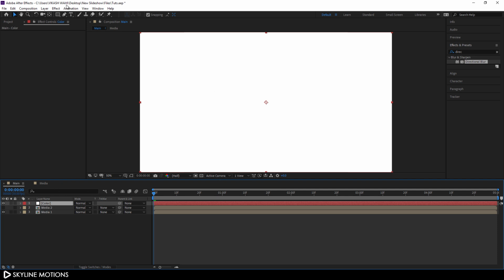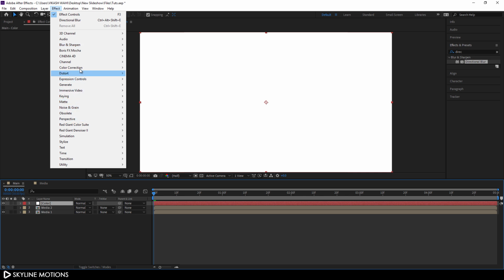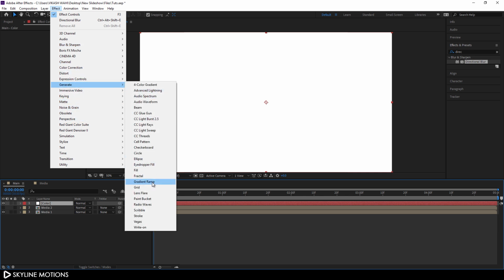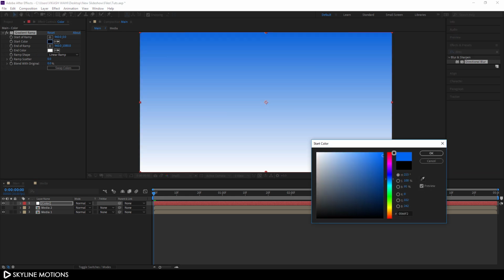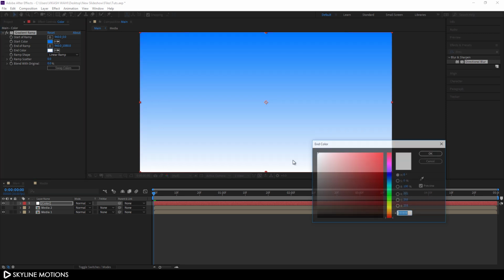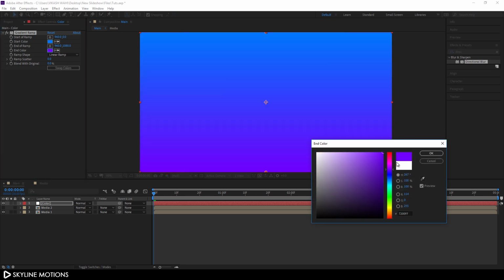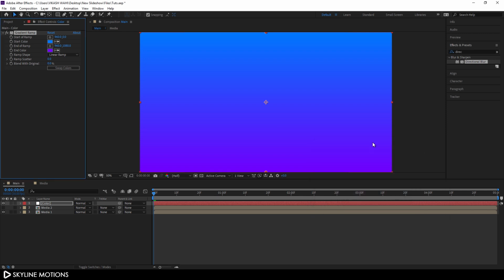So select this color and go to effect and go to generate and add this gradient ramp effect. And now let's create a nice gradient color. So pick any color that you want, like this, and hit OK, and just set this gradient point